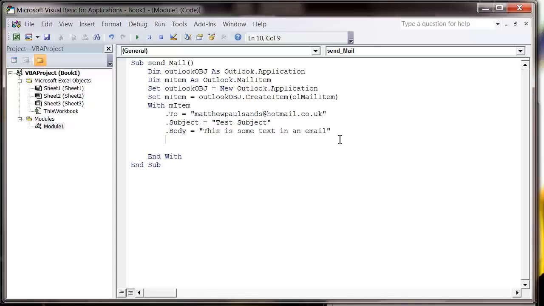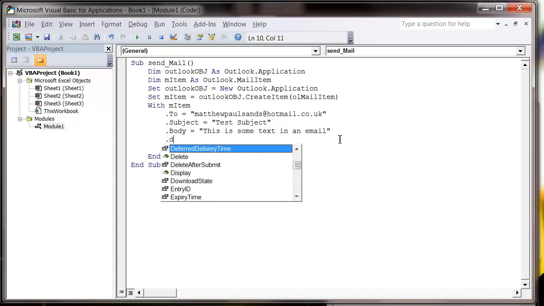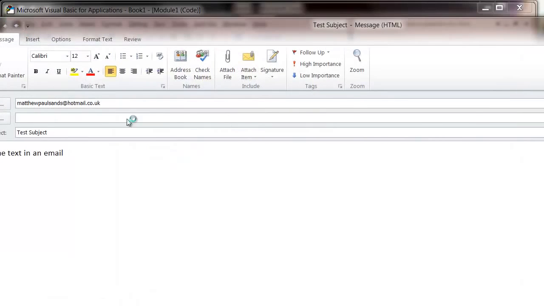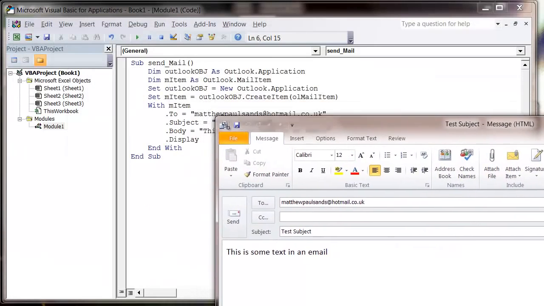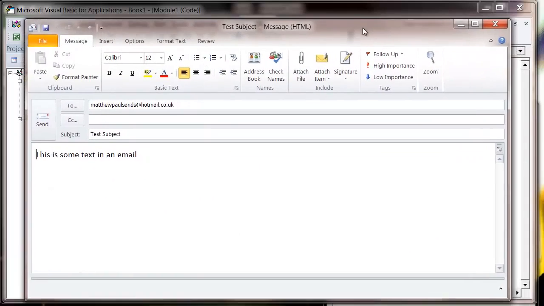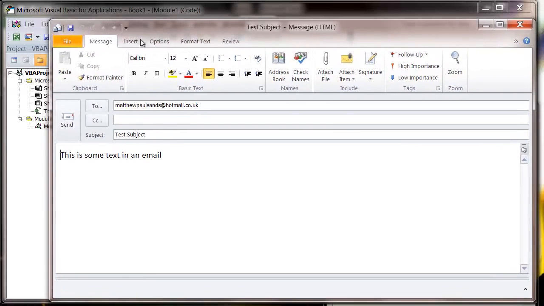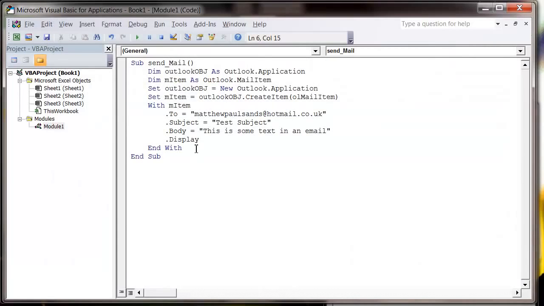And then finally, we want to put a .Display, which is just going to open up our email for us. So if I press play now, then it's going to open up a new email in my Outlook, sending it to myself with subject test subject, and then in the body this is some text in an email. You can either leave it at that for people to send themselves, or alternatively